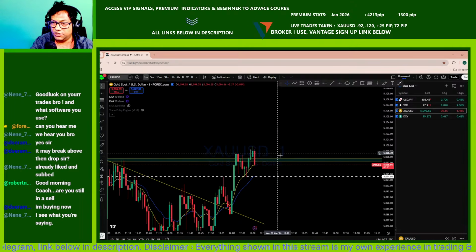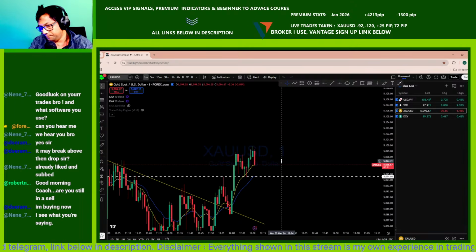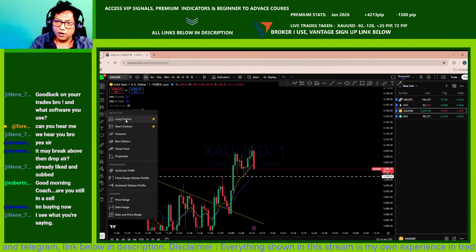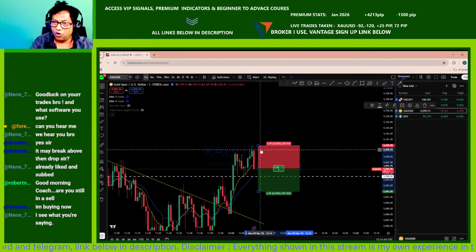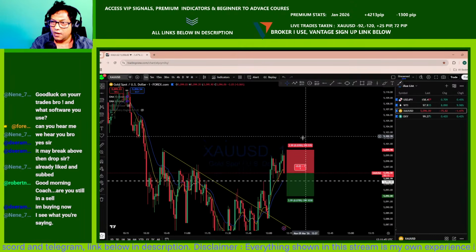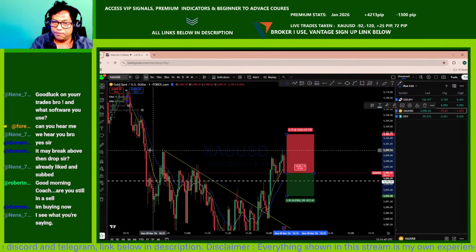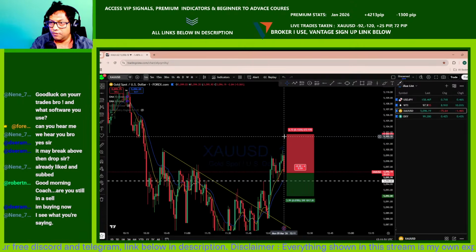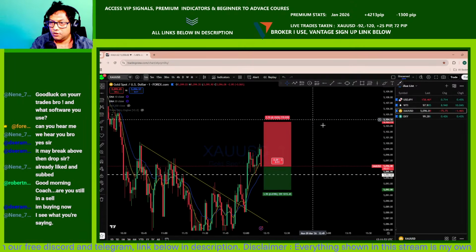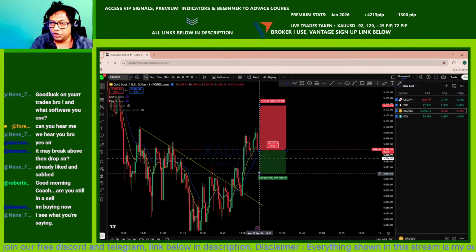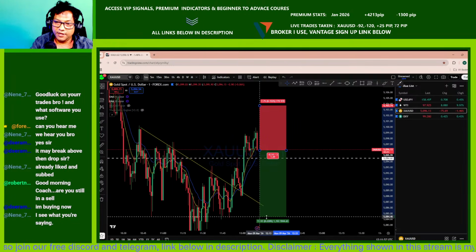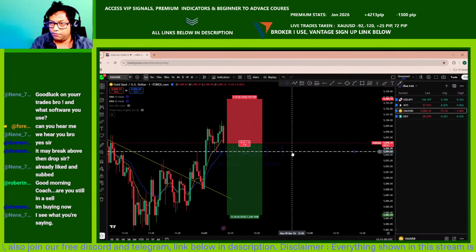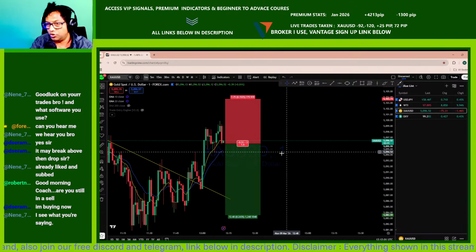Okay, it's showing some rejection here, guys. Here I'm looking for a sell entry off this level, and we'll be keeping the stop loss above the swing high, which is a bit higher. This is an addition to the previous trade, so if you had any higher risk on your previous trade, probably you can choose not to take it.